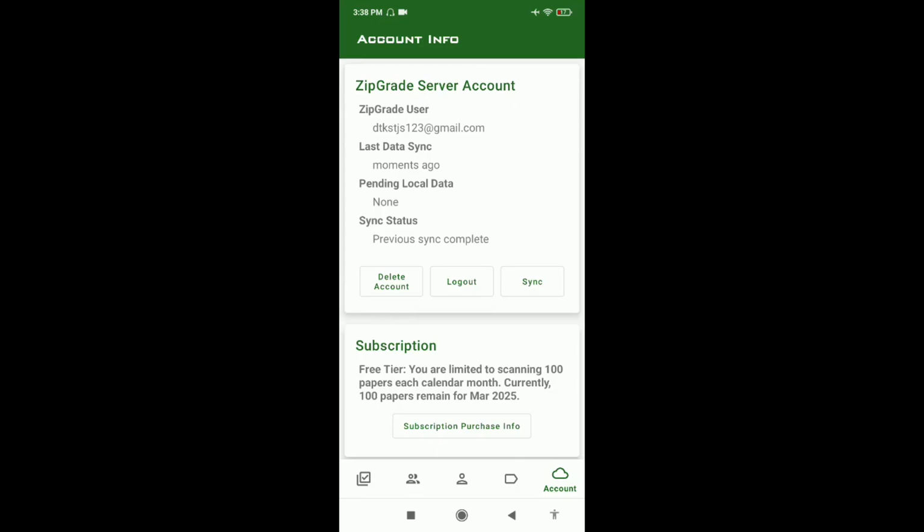Just simply repeat the process. What I mean by that is once you've reached the 100 maximum limit on scanning papers, you'll just have to uninstall this app, ZipGrade. Alright, so just do it.